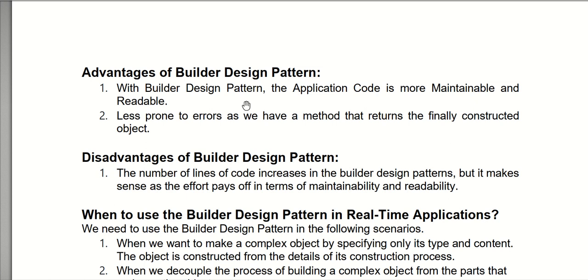which defines a contract in order to build a product. Okay, so that's why it's very easy to maintain the code, and it is very readable, less prone to errors, as we have a method that returns the finally constructed object. Okay, so usually you won't get a partially completed object. So once all your steps are applied, when you call that method, it will eventually end up returning the complete object itself. Okay,